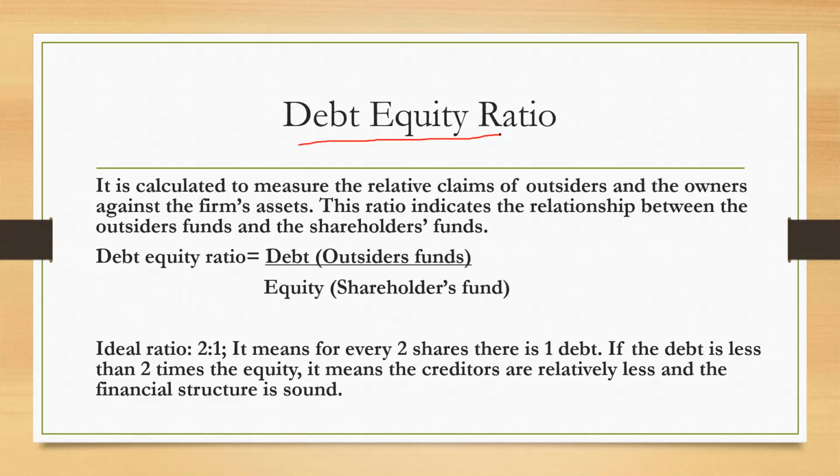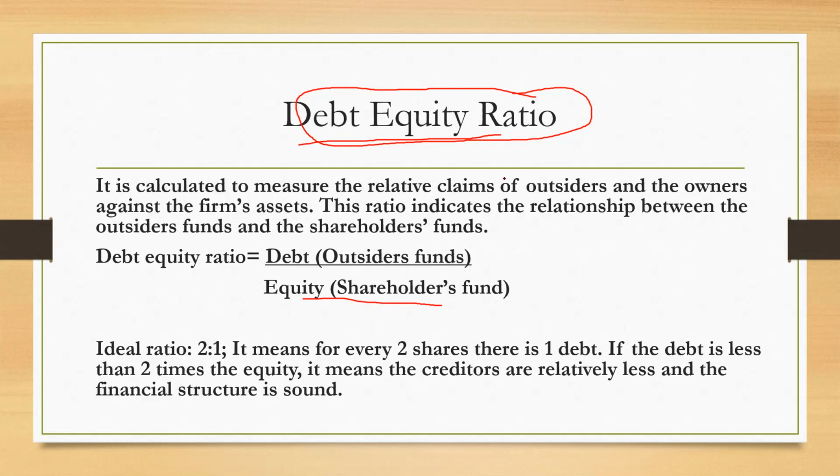Now talking about debt equity ratio, you can know from the name itself, that is debt to equity, that how much the firm is able to pay its outside debts as compared to its equity, that is inside funds. That is how much fund the firm has. Does the firm have its own fund to pay outside debts? Is the firm that much solvent?